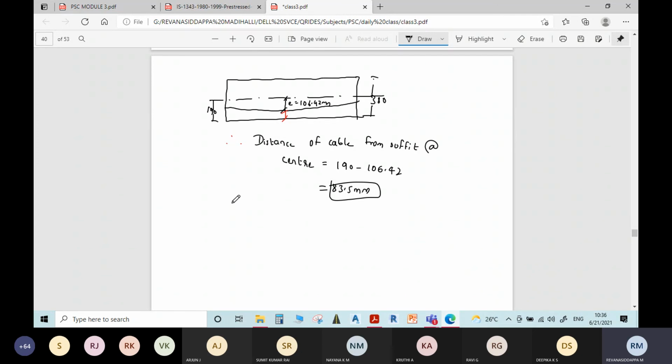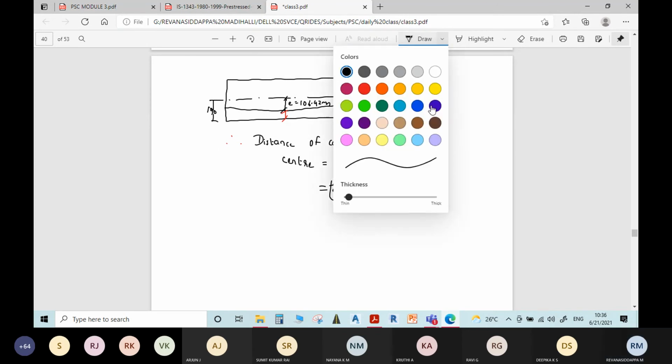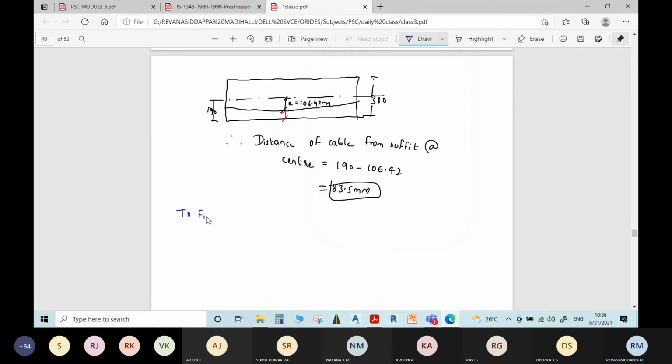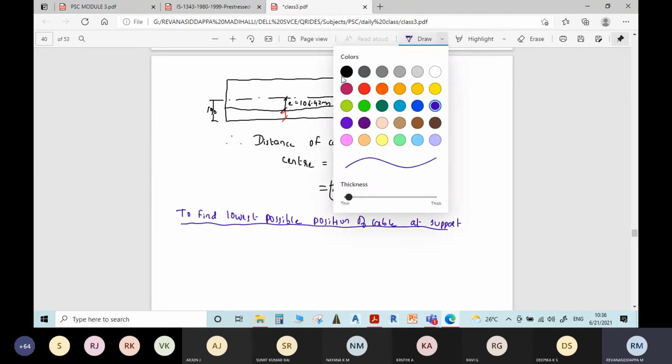For that, you take any one of the equations below to find the lowest possible position of the cable at the support. Okay. Now at the support,